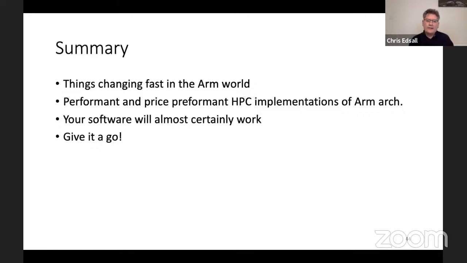So things are changing fast in the ARM world. I've had to change these slides every week for the last 4 weeks as new things have been announced. You can run your HPC code quite fast on ARM CPUs, as fast as any other CPU. And in particular, if you're looking at Graviton, they're very price performant compared to other architectures. Your software will almost certainly work. If it doesn't,